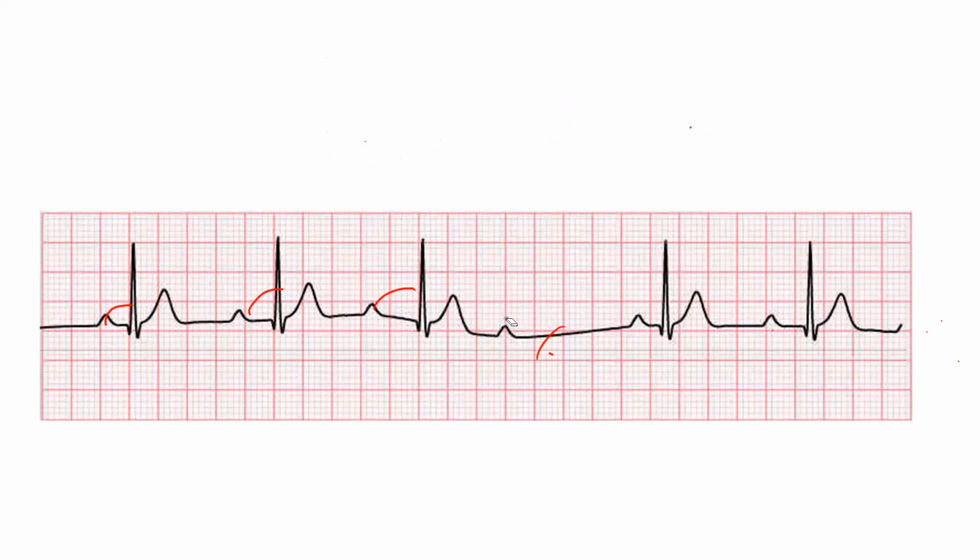Now tell me whether it's a second degree or third degree heart block. Second degree. Second degree, type 1 or type 2? The QRS complex is absent in one. But see the PR interval. Here it is going to be normal. Here it is increased. Here it is further increased, and then it is dropped. So what type of pattern is it? Type 1. It's going to be Mobitz type 1.